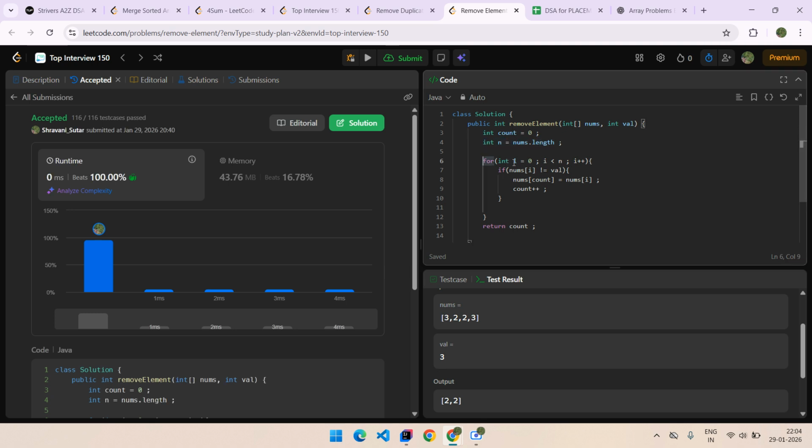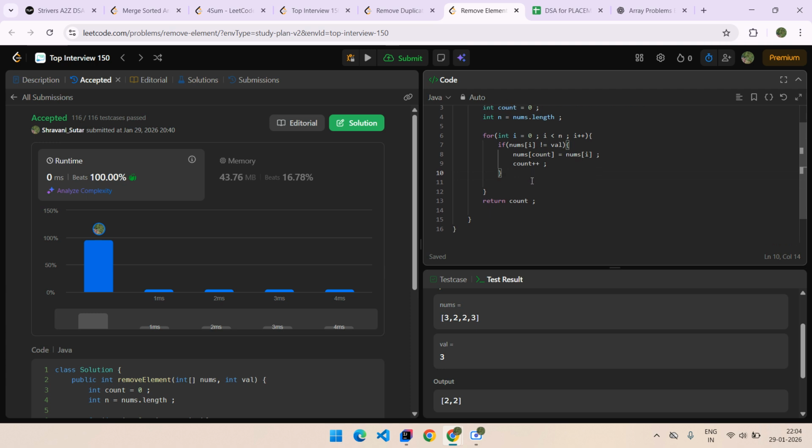Then we use a for loop moving forward. If array of i is not equal to the value, then we copy it into the array and count plus plus. When it is valid, then return count.